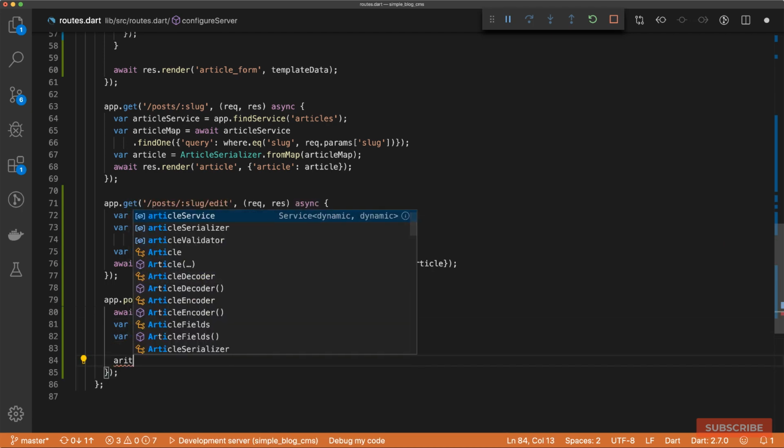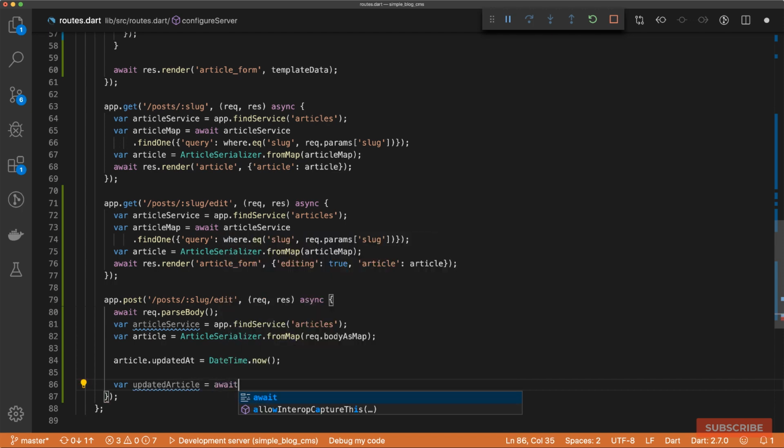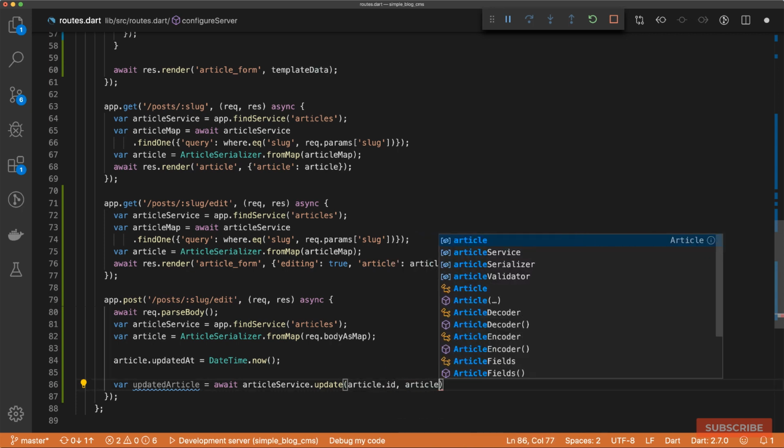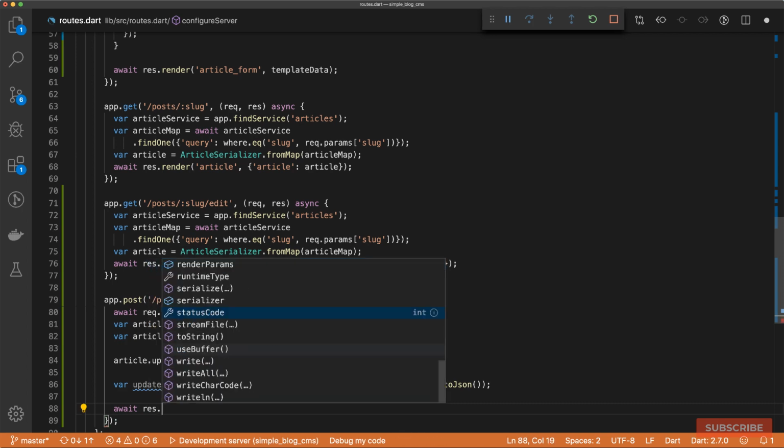And then we will amend the updated key because we're making an update. And then we'll just say datetime.now. And here we are going to create a variable called updated article, which will contain the result of updating our article. So this update function requires an ID from our article. So we'll say article.id,